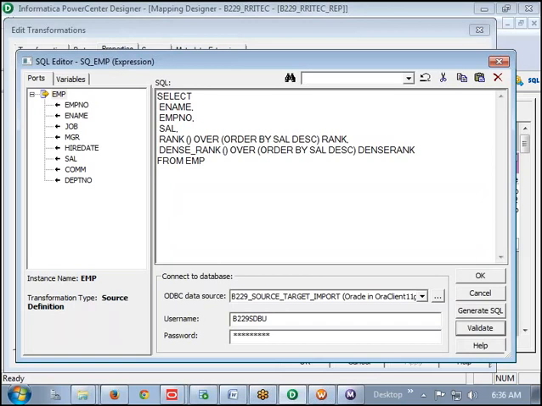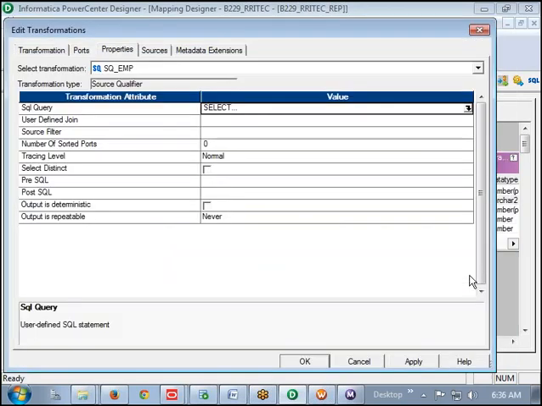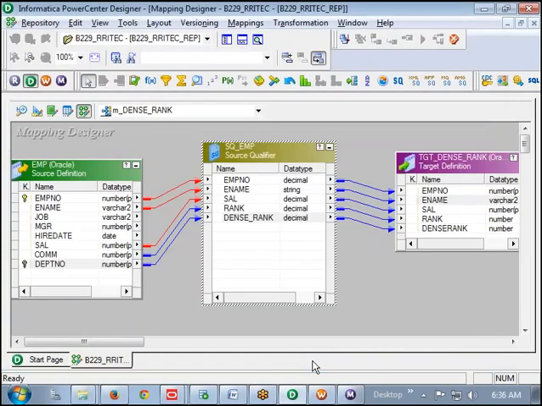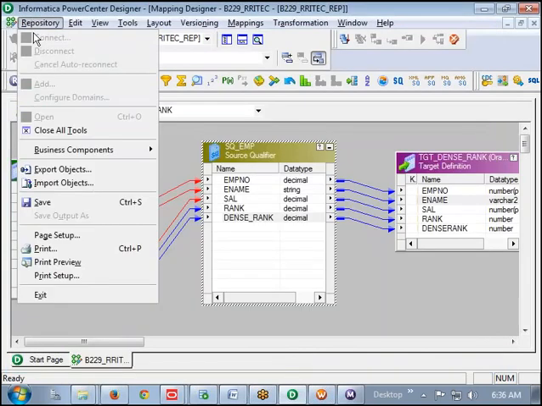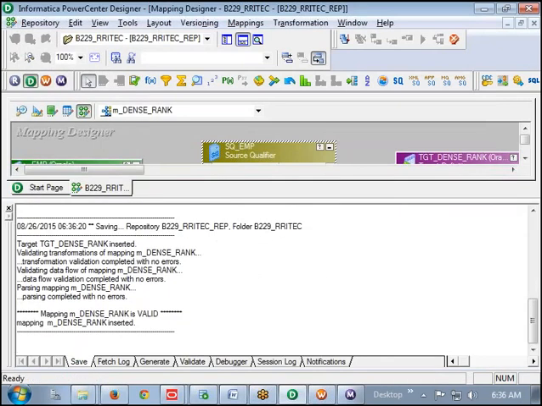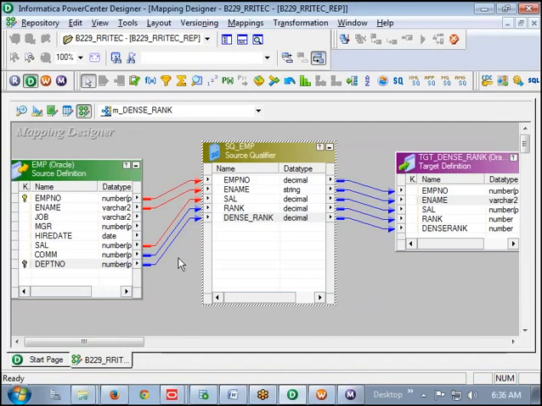We'll see what error we are going to get. Click on OK. We are going to get an error. We'll try to observe what the error is. Again OK. Save it. Remaining process is the same. Creating the workflow, creating the session, running this one.